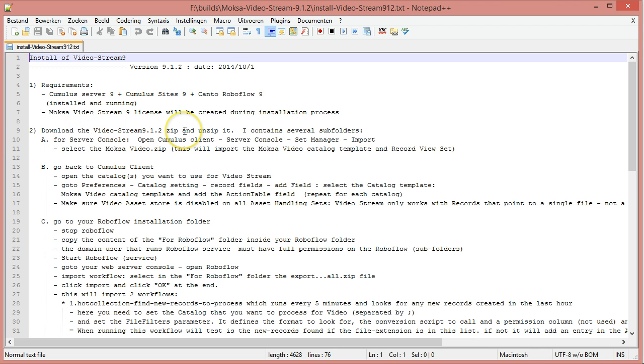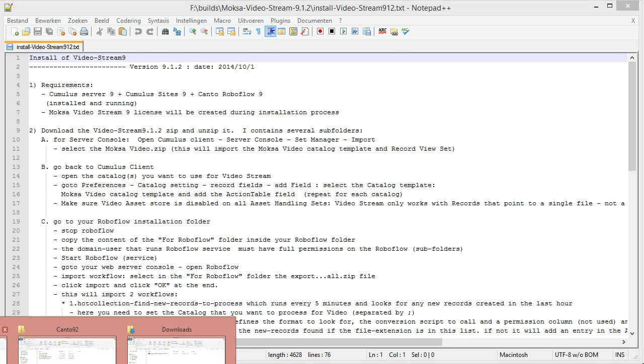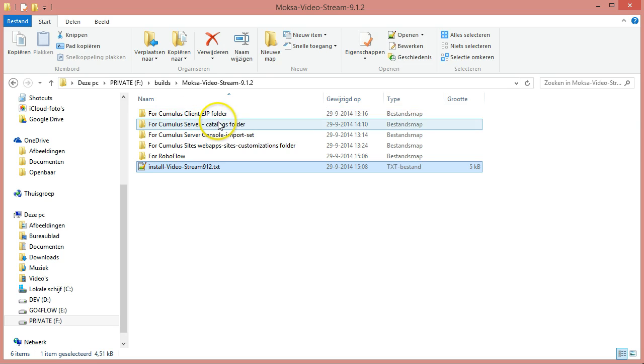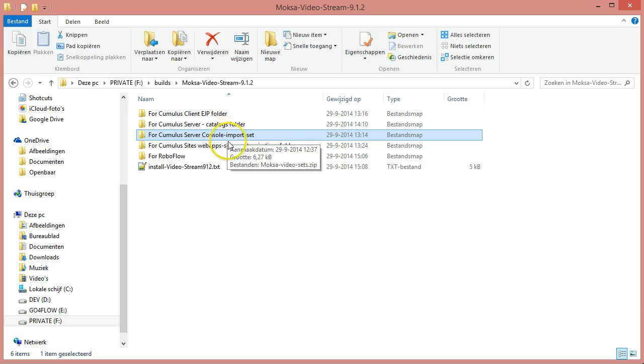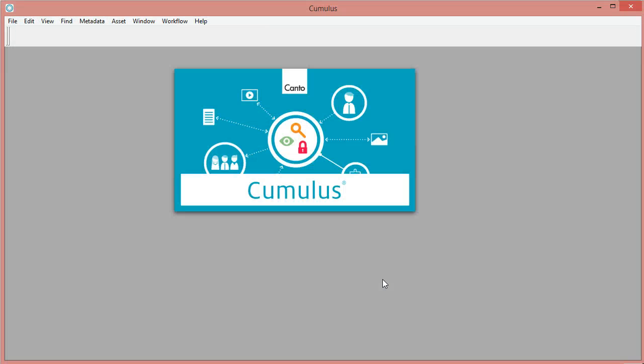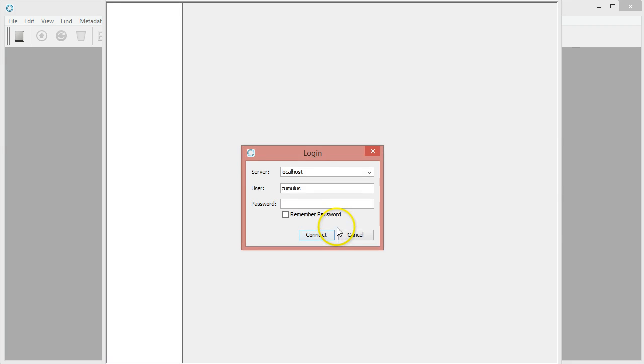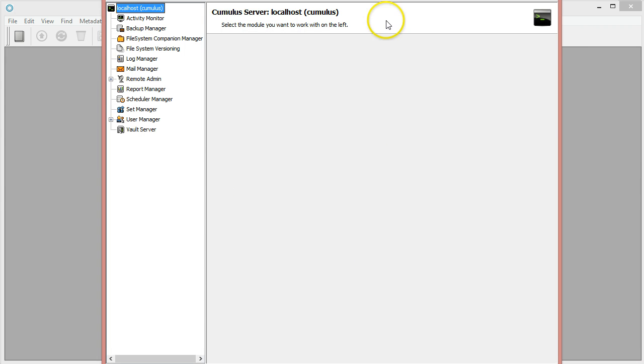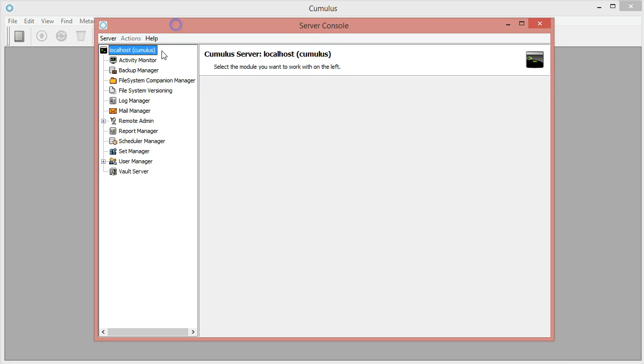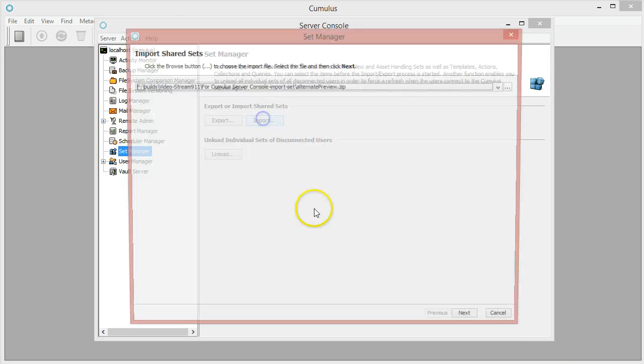First we've downloaded it, otherwise we couldn't open this document, and we will first have a look at the different parts. First, in the server console, we will import a set. So if I go to my folder and I go here to the Cumulus server console, I can open my Cumulus client and go to the administration server console, and in the server console I can go to set manager import, and